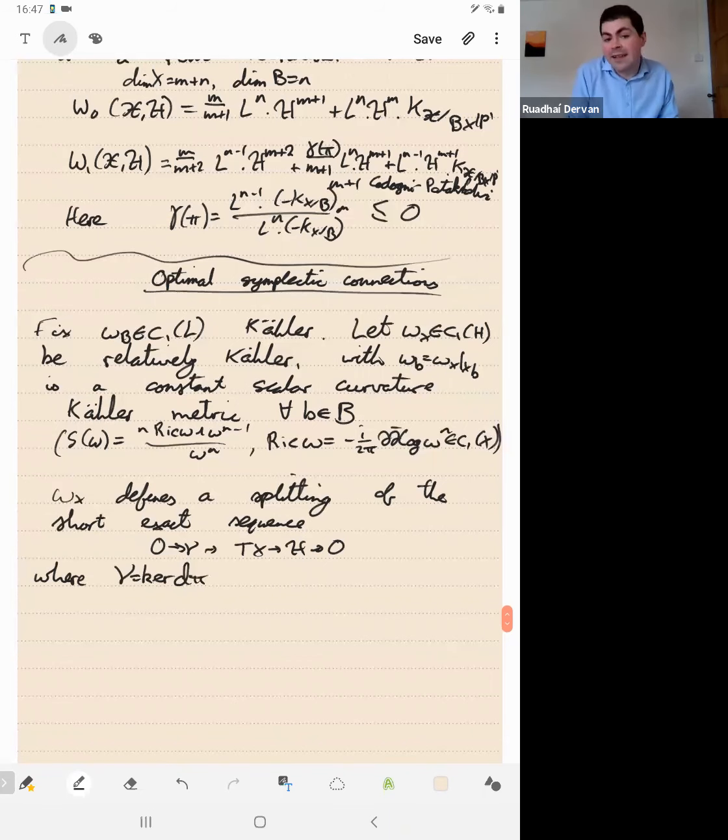Again, I'm assuming that everything is smooth here. This is a holomorphic submersion, so the tangent bundle fits into a short exact sequence